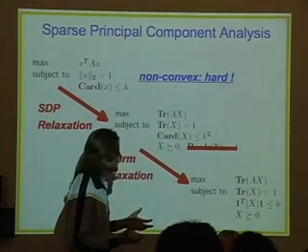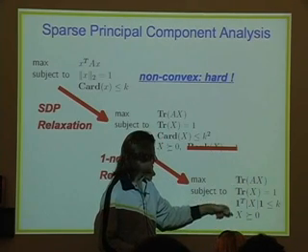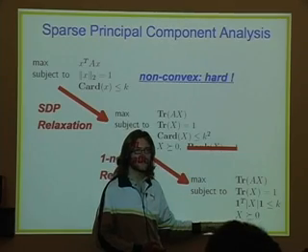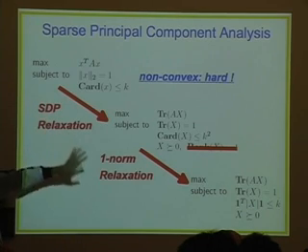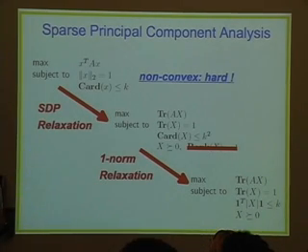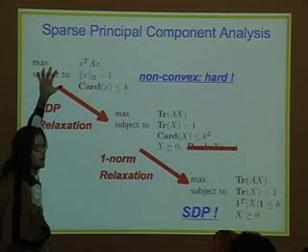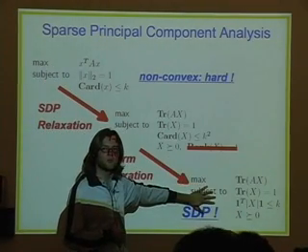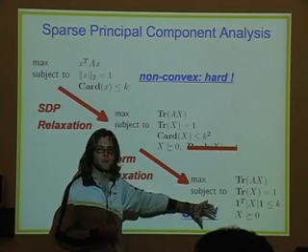So again, what we're trying to do is optimize a matrix X, our optimization variable, subjected to two simple constraints here, and on top of that, a constraint that this matrix X has to be positive semi-definite. Again, the fact that these constraints are here is just a consequence of all these relaxations that I'm doing here. But the bottom line is that the problem down there, again, is a semi-definite programming problem. So basically, this non-convex hard combinatorial problem here can be approximated by a semi-definite programming problem, i.e. a convex optimization problem, which can be solved fairly simply in polynomial time.